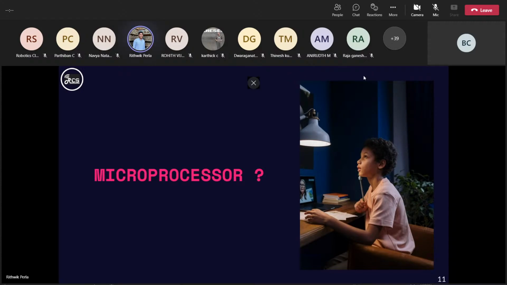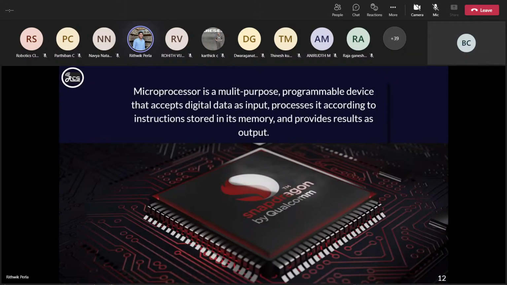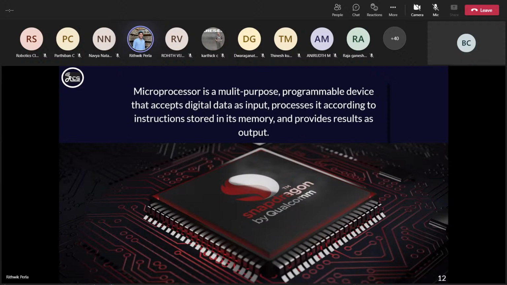Yeah, I'll tell you what is a microprocessor. So microprocessor is basically a programmable device or a multi-purpose device in which a set of inputs will be taken from input I/O ports like a keyboard, mouse, or whatever it might be, and a set of instructions will be stored in the memory units, which are nothing but registers or RAM, ROM, whatever you connect with the microprocessor. And according to the instructions provided in the memory, the data you get as an input will be processed according to the instructions, and you get a certain output for it.